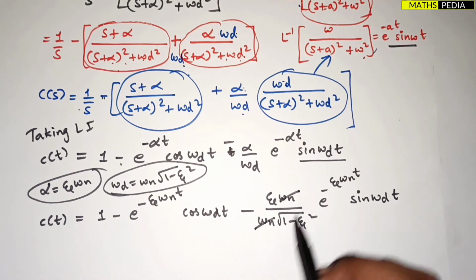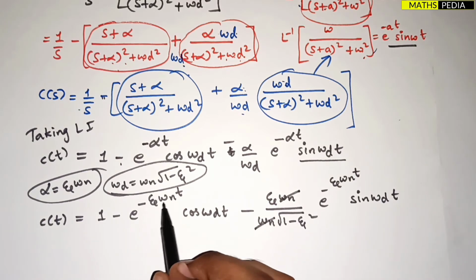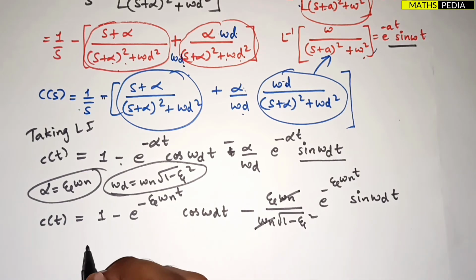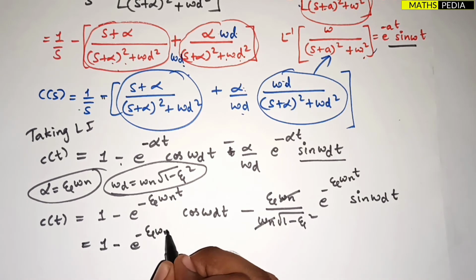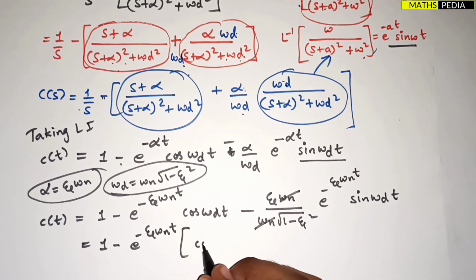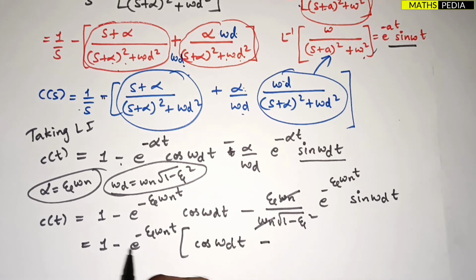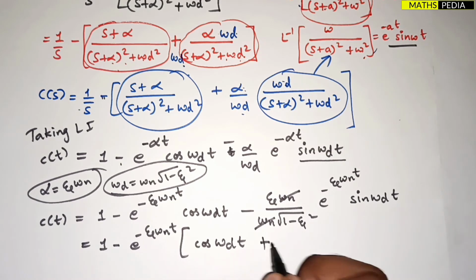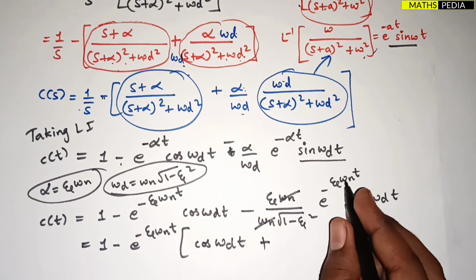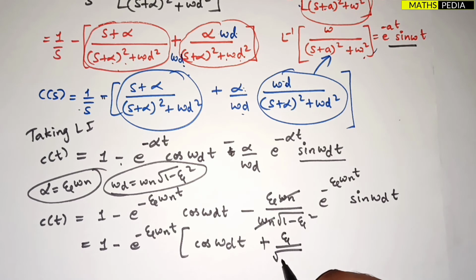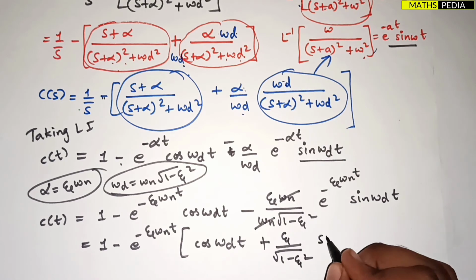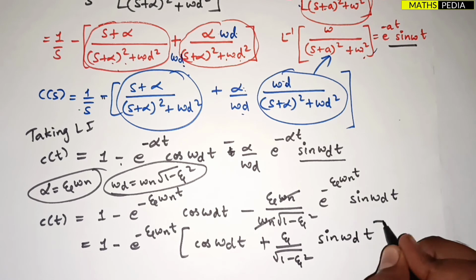So these two get cancelled, omega d and omega n. I can take e power minus zeta omega n t common. So what will happen? 1 minus e power minus zeta omega n t common. Inside, what will be remaining? Cos omega d t minus, I'll take the minus outside, so it will be plus, correct? If I take the minus outside the bracket, it will be plus. So with e power minus zeta omega n t common, what is remaining here is zeta by square root of 1 minus zeta square into sine omega d t. Okay,